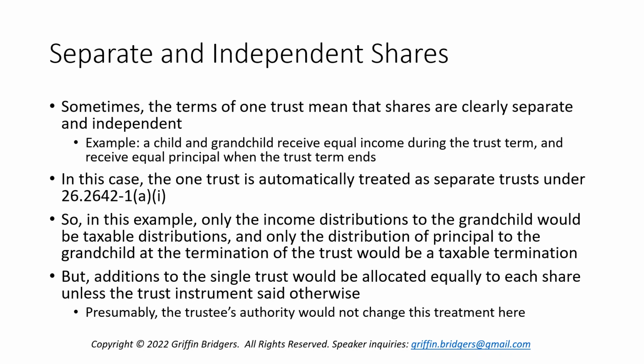However, additions to the single trust would be allocated equally to each separate and independent share unless the trust instrument said otherwise. So that's perhaps the one snag you have in this treatment. Now, the trustee's authority might not change that treatment. This would really be dependent on the terms of the trust instrument and whether they expressly direct the trustee to make an allocation of additions to the single trust in a way that is different from pro rata to the